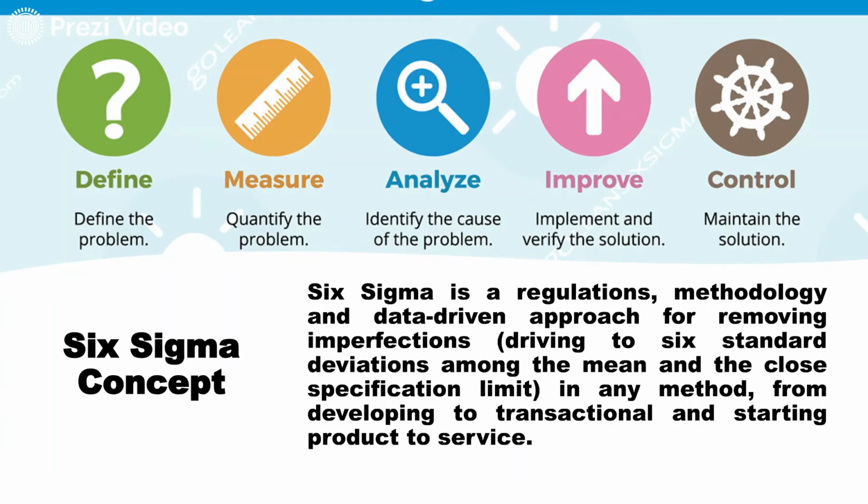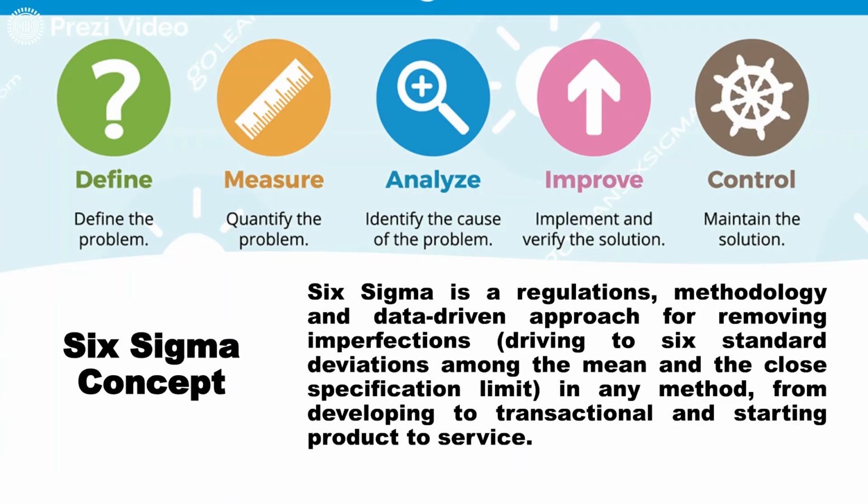Third is the analysis of the root cause of the problem. Why is this problem arising, what is the root cause, and if we can remove the root cause, definitely the problems will be removed forever. So we need to do an in-depth analysis of the problem. Next, we have to improve the product. You can definitely remove the problem once you have analyzed the root cause, but the ultimate aim is to also, at the same time, improve the product and verify the solution.